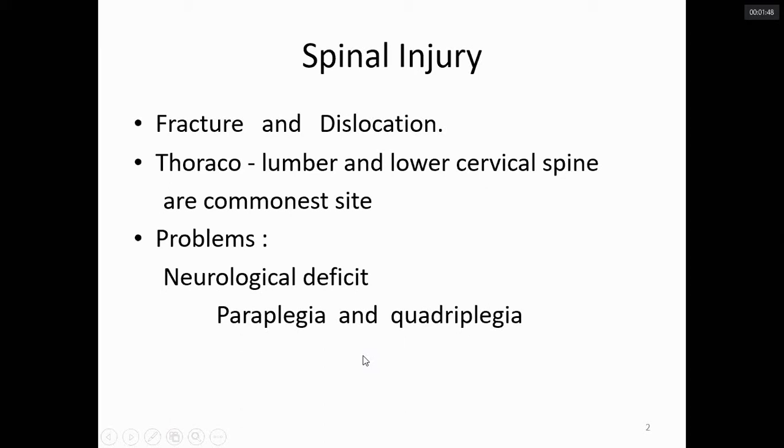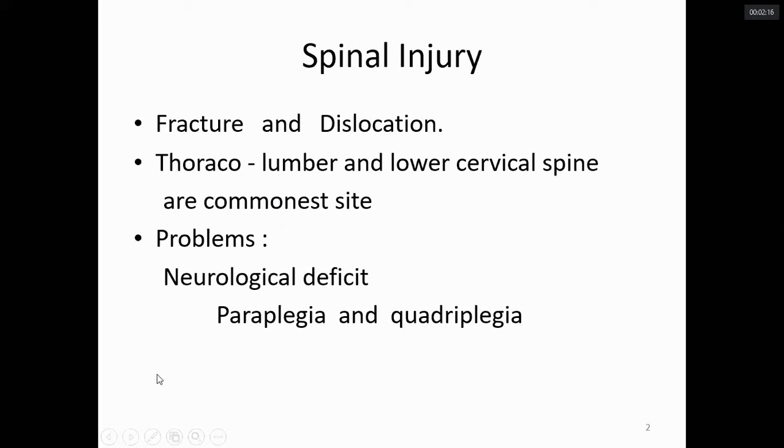thoracic spine is kyphotic and the lumbar spine is lordotic. So there is a sudden change in the curvature of the spine, and that's why it is more prone to fracture. Another reason is that the thoracic spine is stiff and the lumbar vertebra is mobile. That's why it is more common for fracture.